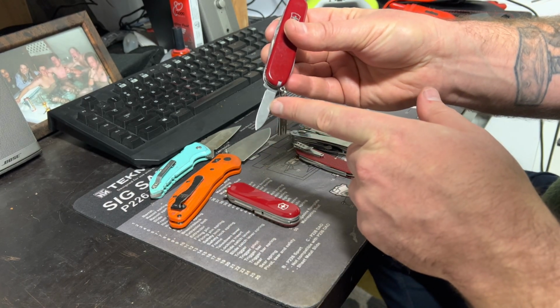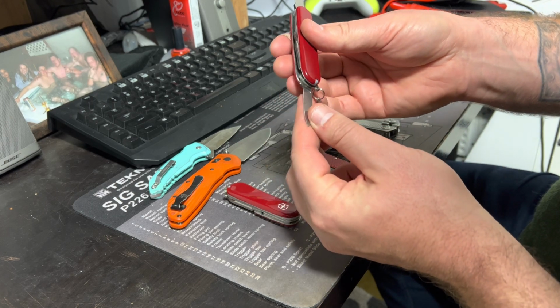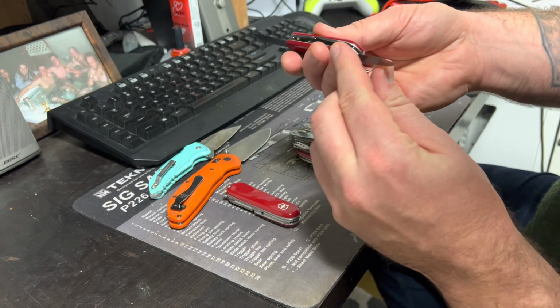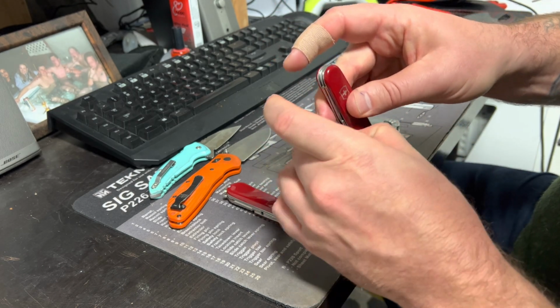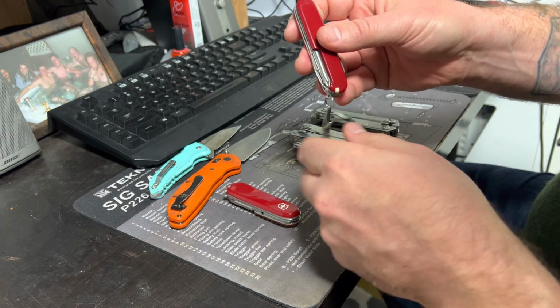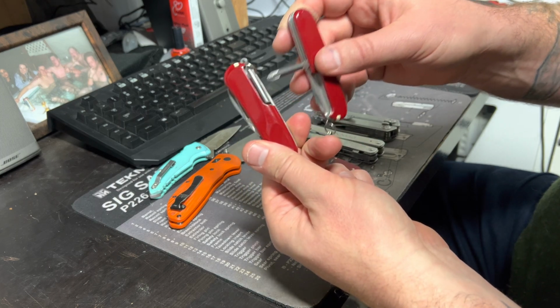Obviously, you have a small blade over here. This one's great for like cutting tape on boxes or cutting up boxes and stuff. So you can dull this one up on cardboard and keep this one sharp for whatever it is you're going to do in the world. But you have two blades, and that is such a nice feature. Obviously, you have to use a fingernail to open them, so they're not going to be a one-handed opening type situation. On the back side here, we have a Phillips head screwdriver, the exact same as the one on this